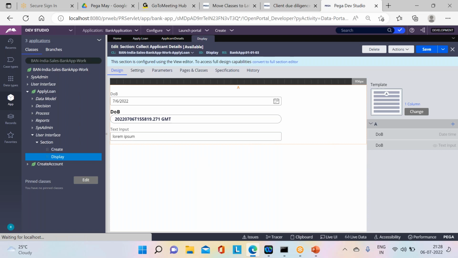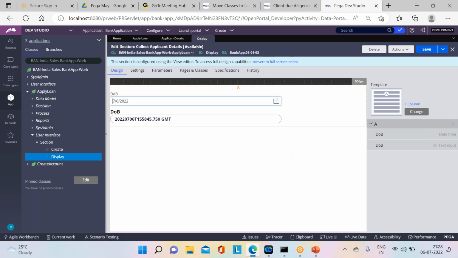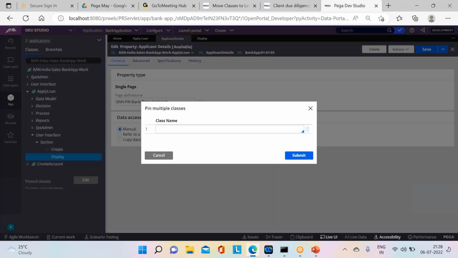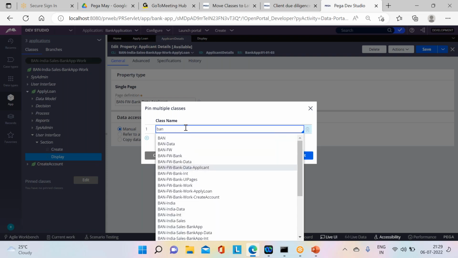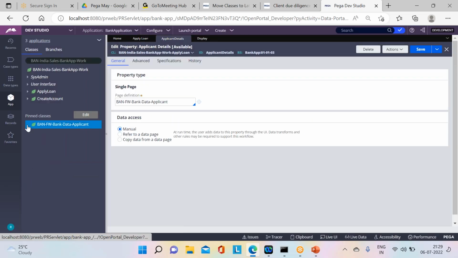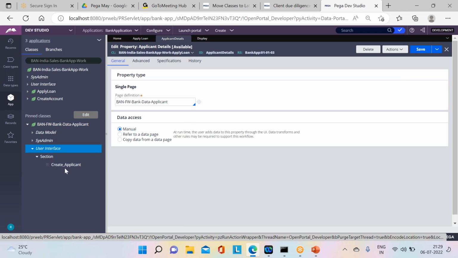To call this, you need to make sure there is a section already created in your data class. Okay, so in this data class there should be one section already created, because data class is for reusable purpose, right? So in data class also you can create sections. So check whether any section is created for us. Yes, there is a section called create applicant. Use this now